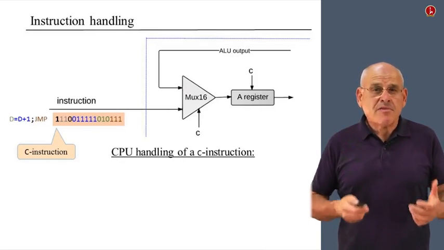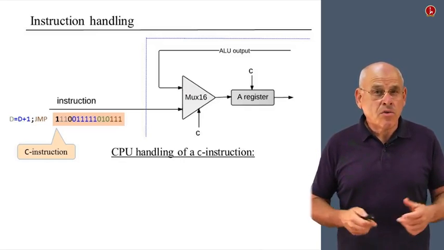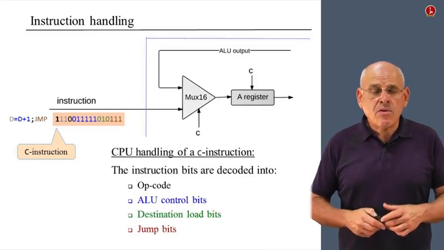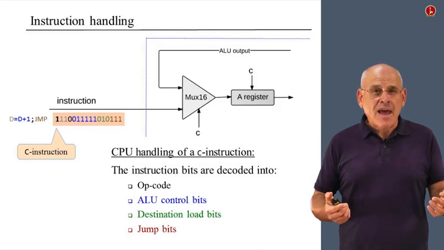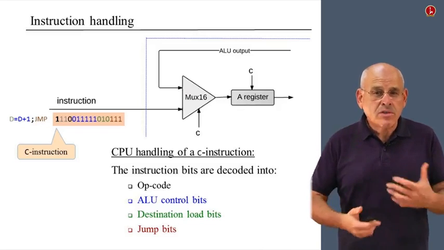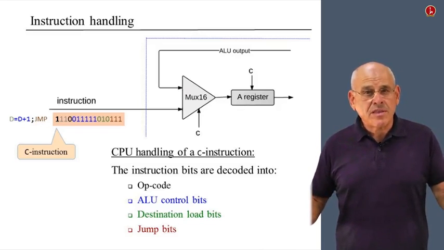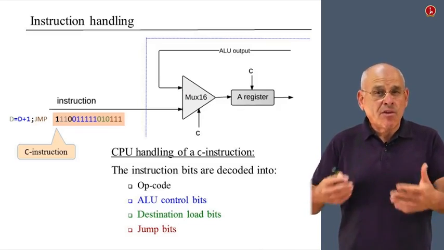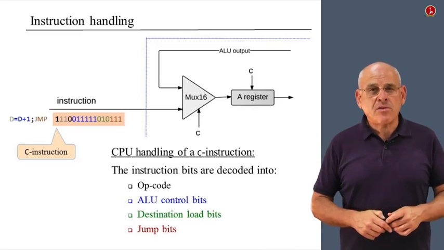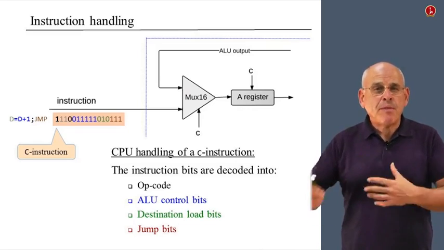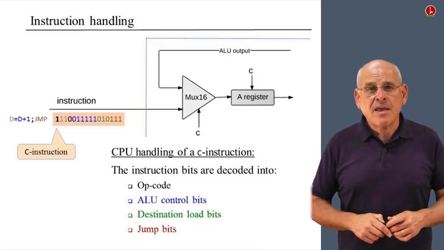Well, you may have guessed the first thing that has to be done is to decode the instruction. So the ALU takes this 16-bit value and it decodes it into 4 different fields. And these fields will later on be used in order to power up and manipulate different elements inside the computer